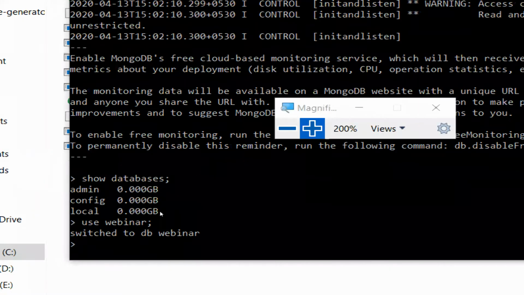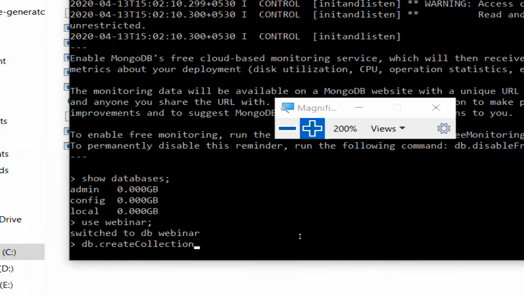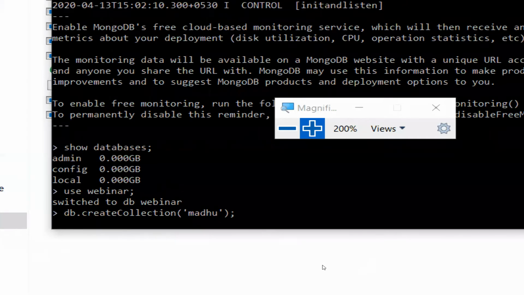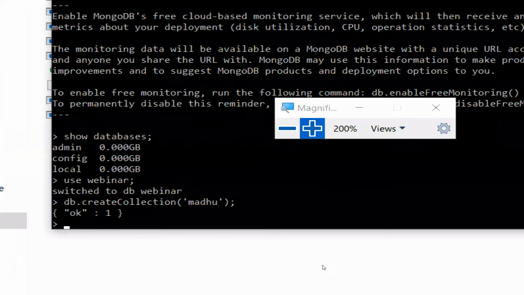If you want to store data, we have to create a collection. To create a collection, let us write the command db.createCollection of, say, Madhu. db.createCollection of Madhu means that a collection will be created with this name.